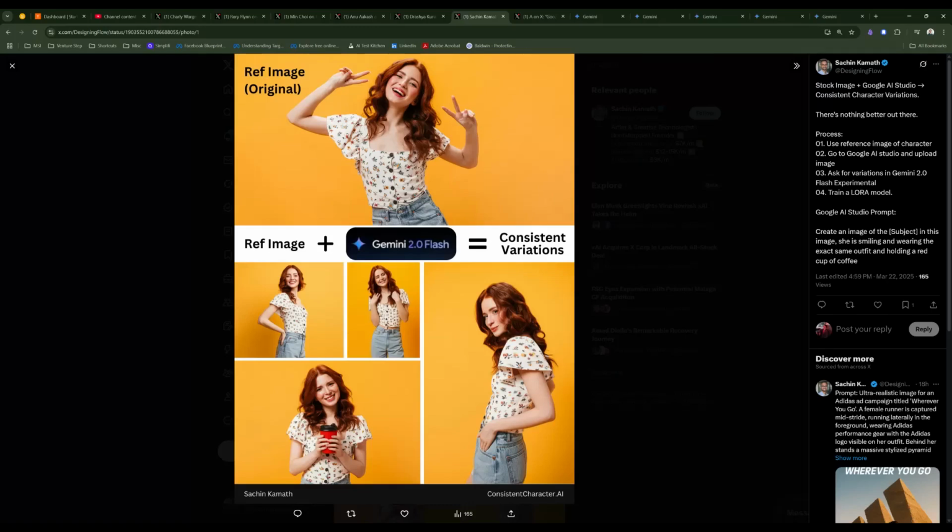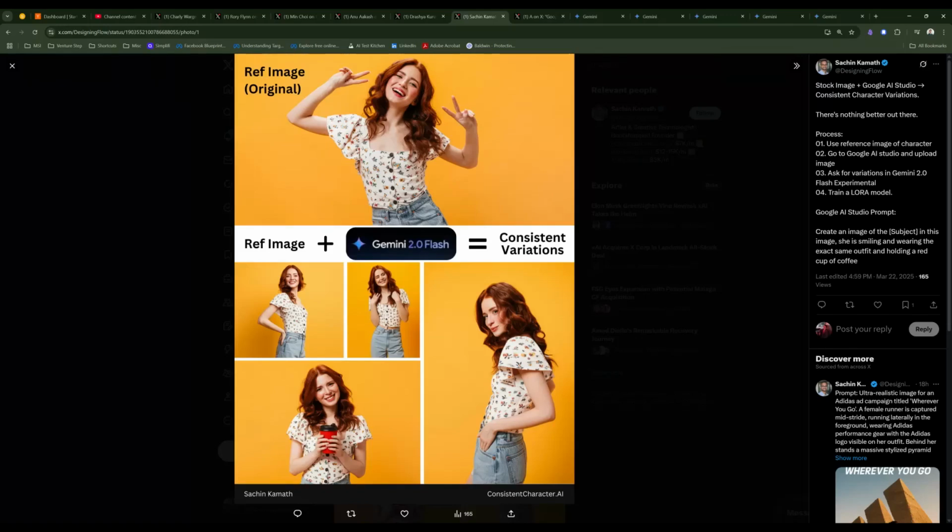So in this example, I could see that you could take a model, and once again, hopefully you have people's permissions when you're doing this. I don't suggest you just take random models on the internet and start using their likeness for these things. But this is a separate conversation. I'm talking about the capabilities of the model, not if this is correct or not. But anyways,